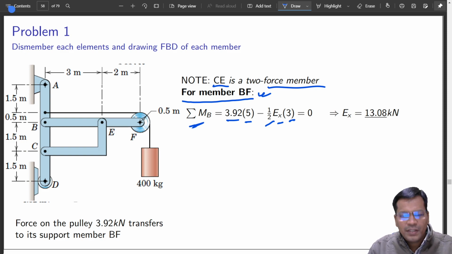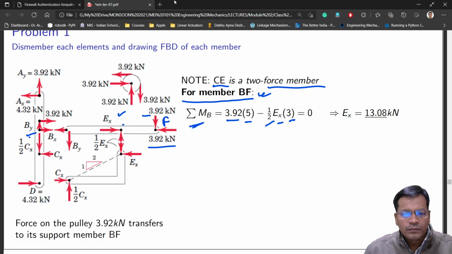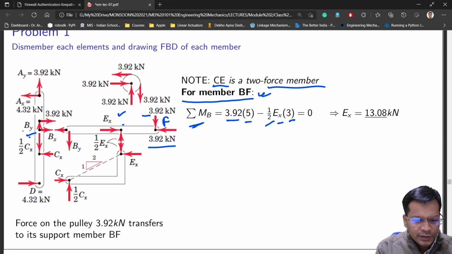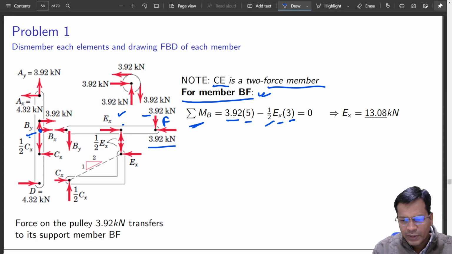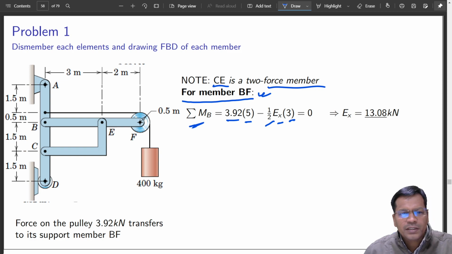Half into Ex. Ex is the force that is acting over here at this point, the horizontal force. Okay, I am taking moment about B. Okay, moment about B, this point. So it is 3 distance. I think distances are not mentioned clearly, but I hope you understand this. I'll have to keep flipping between these. 3 is this distance from B to E. So that is clear. So till here it is clear.